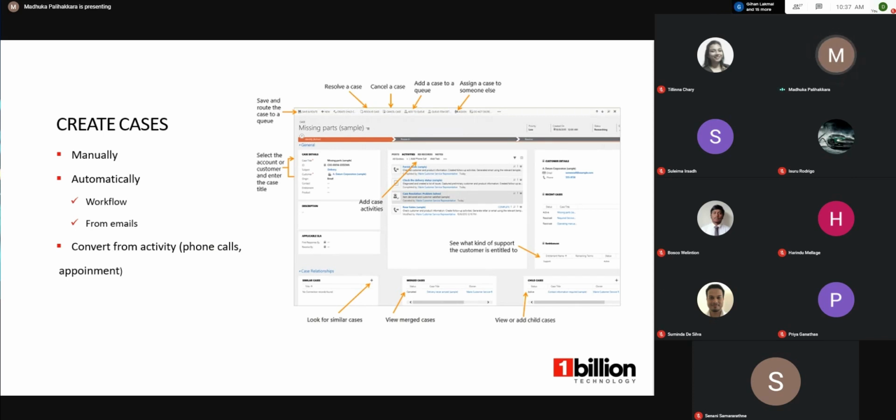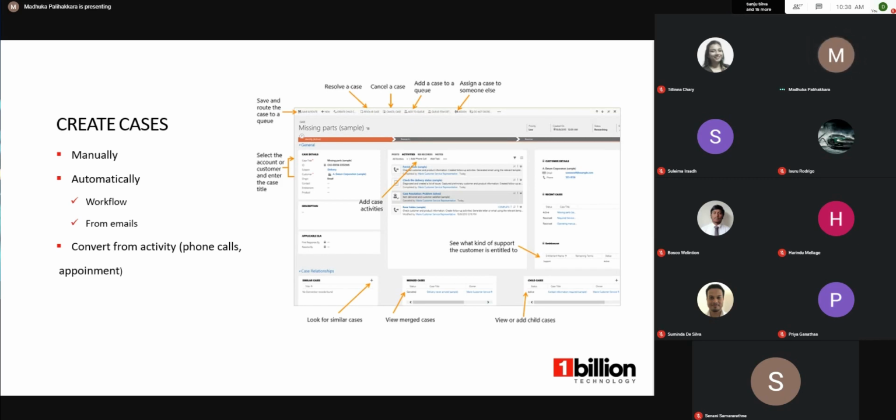As an example, if there is a rule created to check incoming emails and check whether the email subject contains a specific word or phrase like support, technical support, or IT support, we can create a new case with the content of that email and assign it to the support team. Likewise, we can automatically create cases from emails. And the other one is convert from activity.